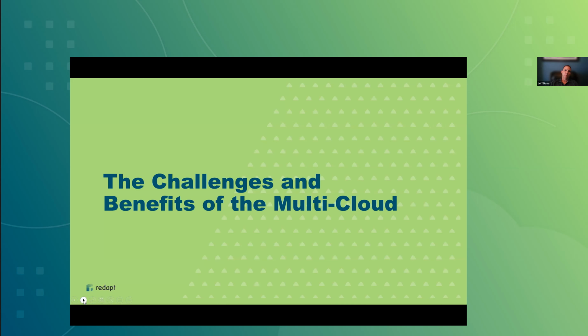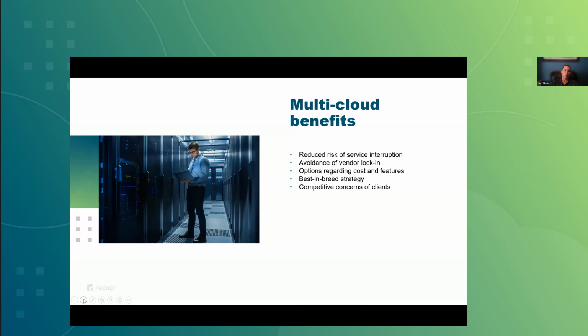All of these things have become obvious that the cloud provides that. But what about the multi-cloud, right? So you still get all of those advantages, but the multi-cloud environment does introduce different advantages and also some challenges.